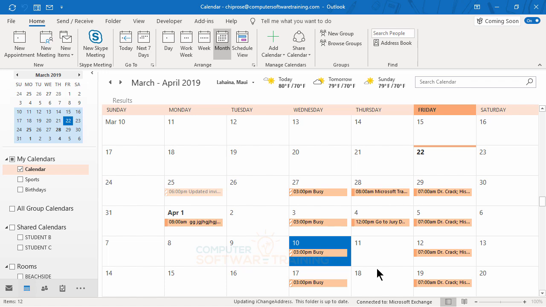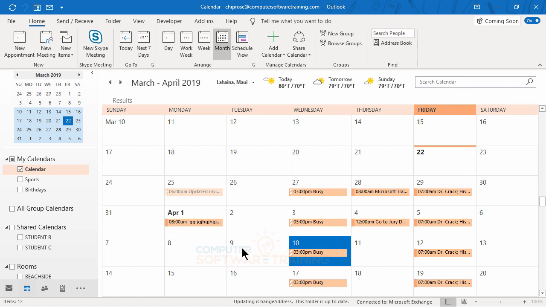You can also use this same thing and specify your time as being free, which means that you're free to be scheduled. In other words, it's more of an inviting thing. Let me just show you here.